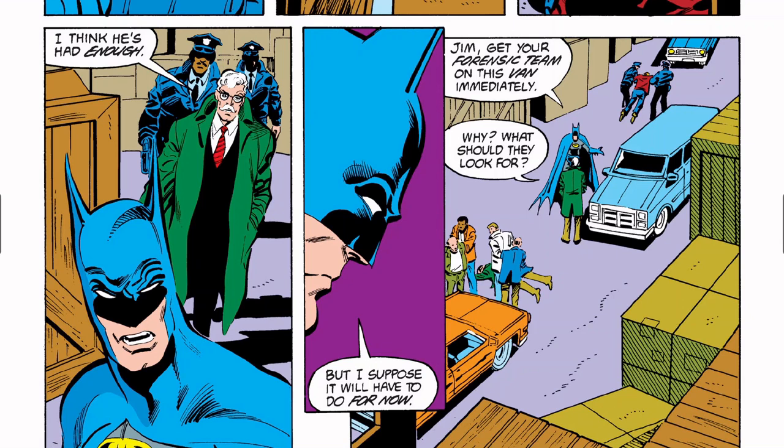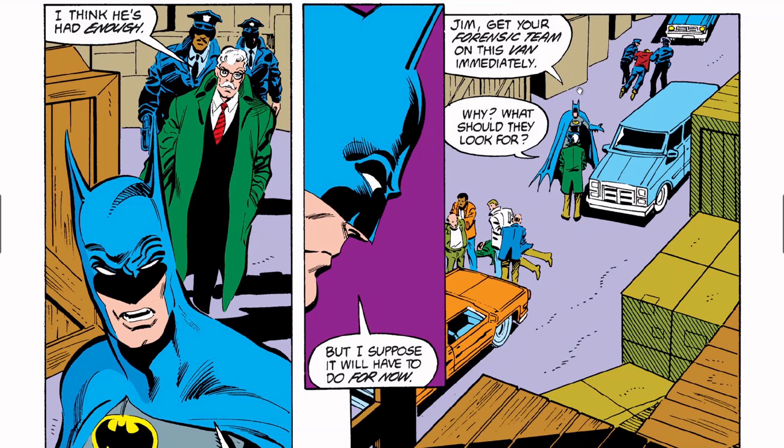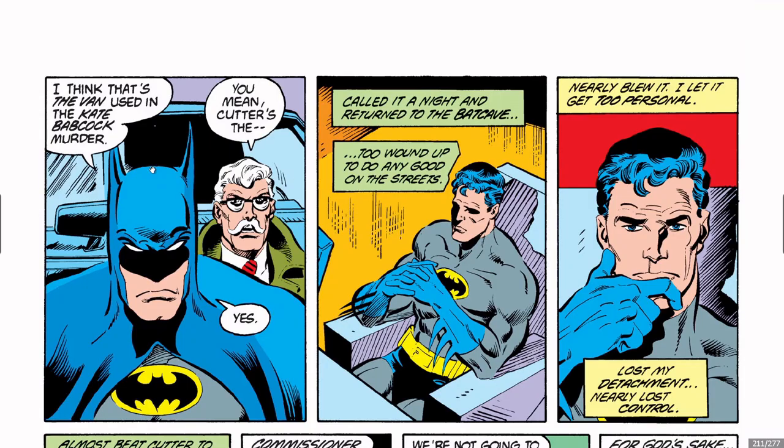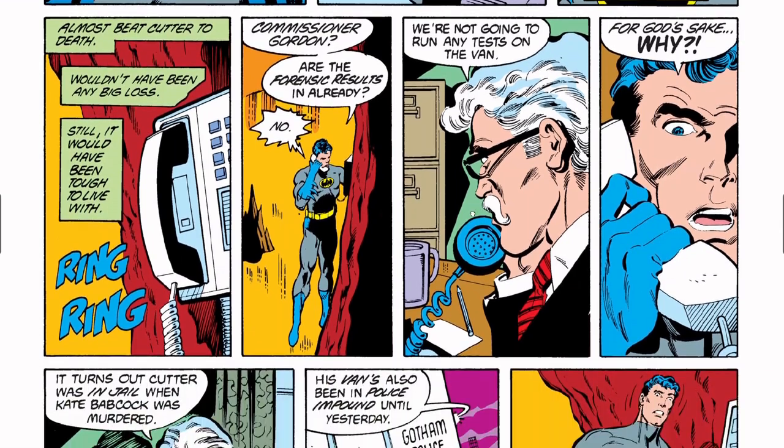I know that he's in there to stand for other stuff, but it's just the commissioner involved in all these things. So Batman says I suppose he'll have to do for now. Tells him to get the forensic team to the van. Gordon asks why. He says that he thinks that this is where Kate Babbitt was murdered and thinks Cutter's the guy. So now he's at the Batcave waiting, and the call comes through, and Batman's like, "Did the forensic find